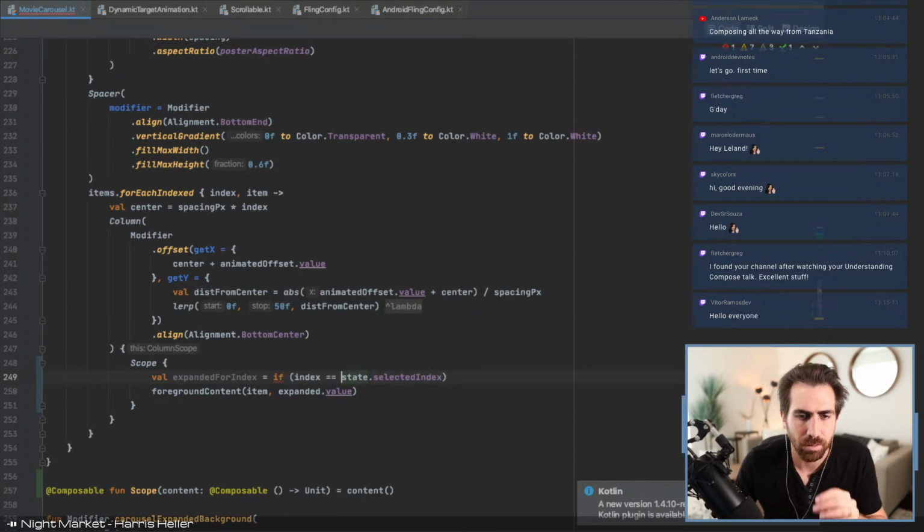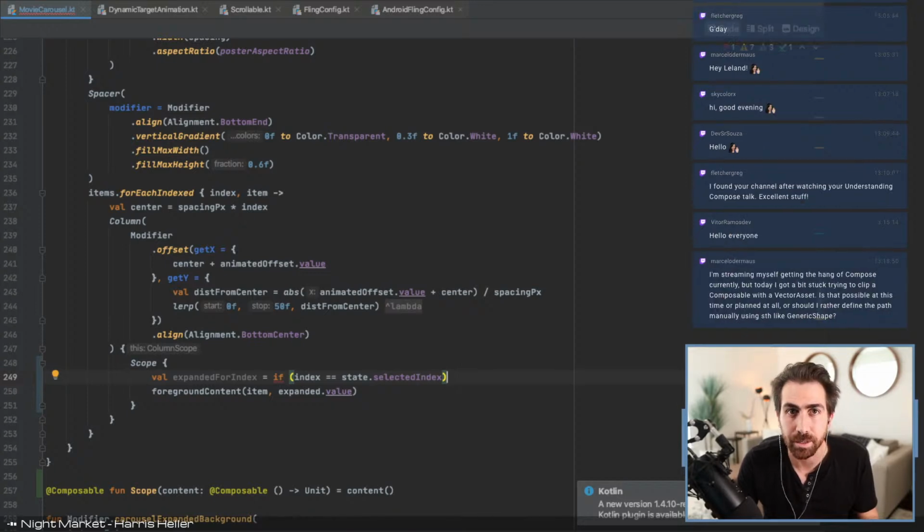Yeah, this isn't great. Maybe doing one for each item is okay. All right, let's see what this ends up looking like. So, if it's the selected index,